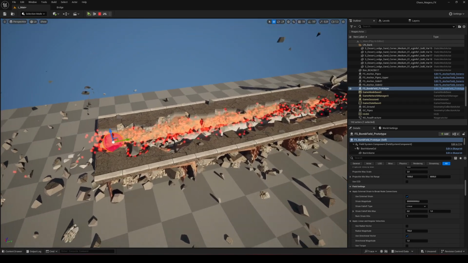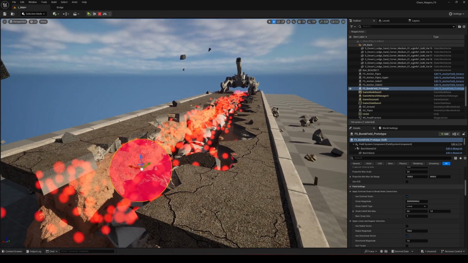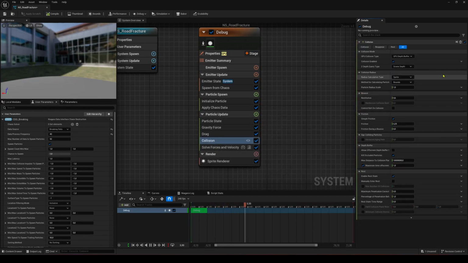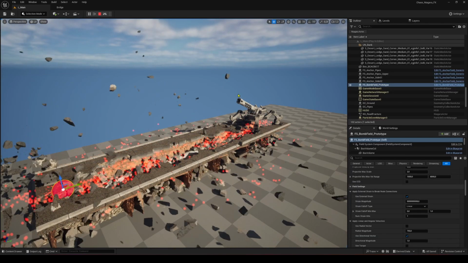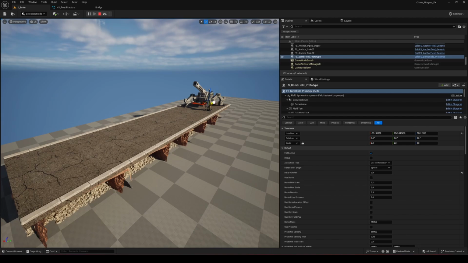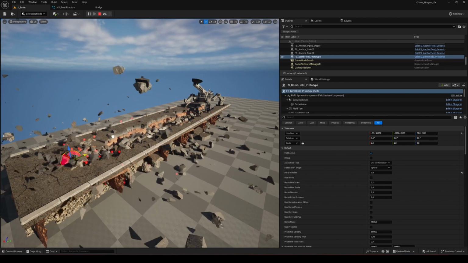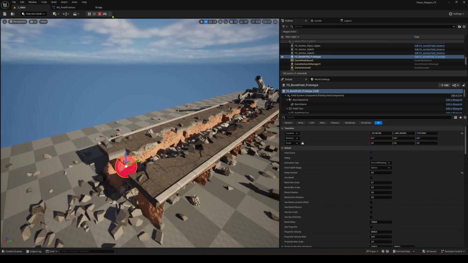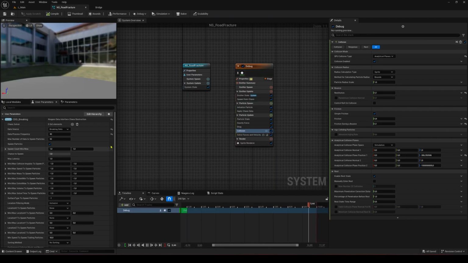To test it further, I add additional forces like gravity and a collision module. I also tweak a lot of parameters of my user parameter directly in the details panel of my geo collection. Finally, I start to get promising results. Now that we have the logic down, we just have to replace the debug emitter with emitters containing debris, for example, to create additional small debris that generate upon the impact and fracture of my geo collection, along with the initial fracture. And these will add even more detailed goodness.